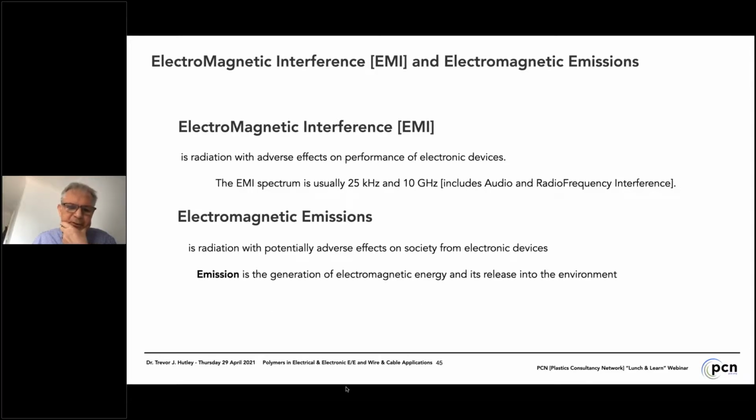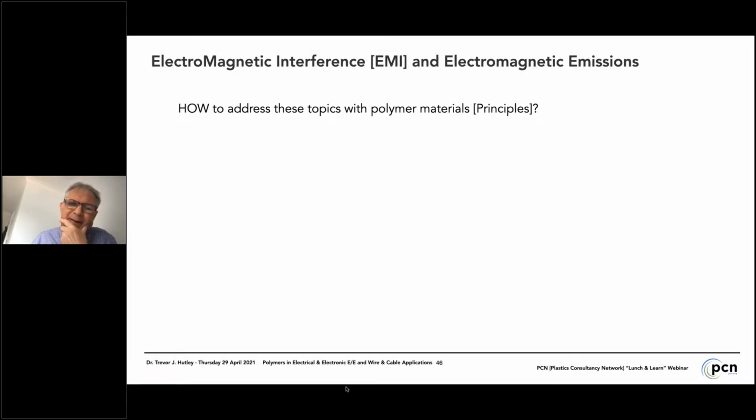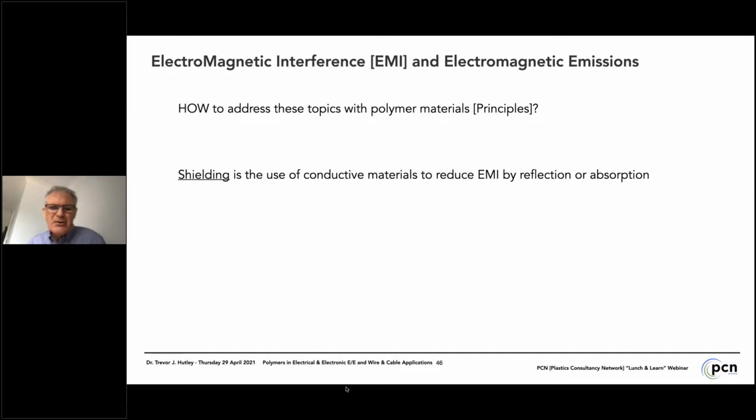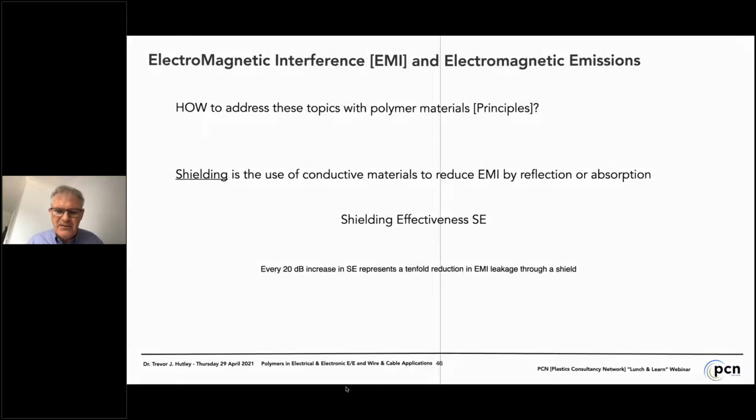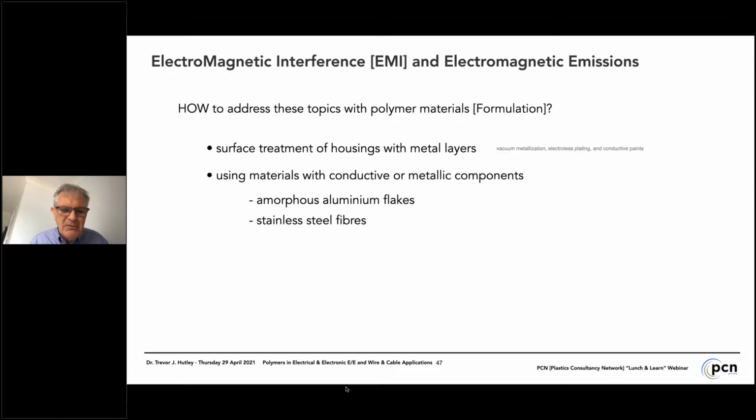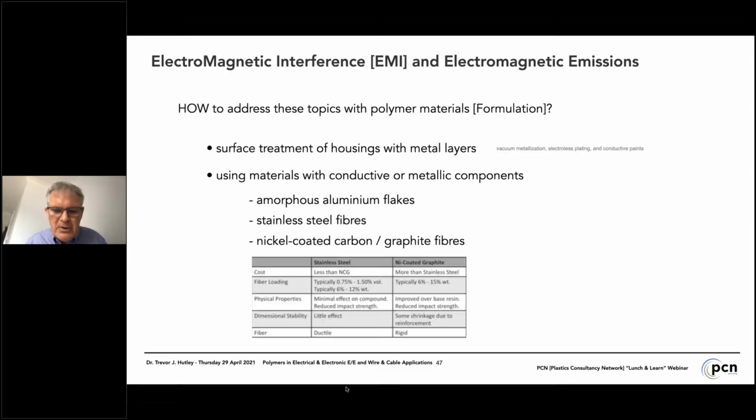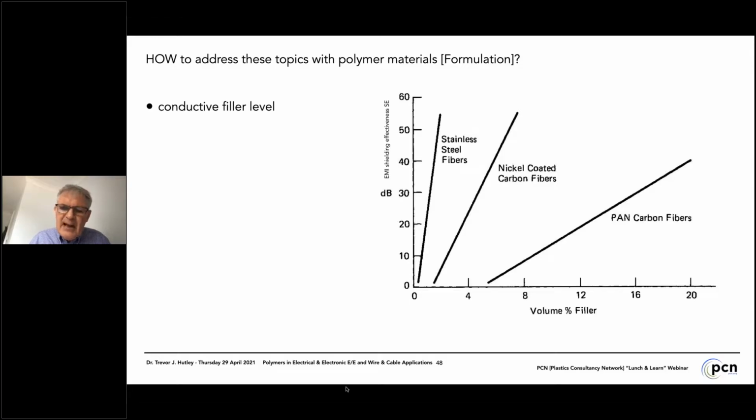Electromagnetic interference and emissions, we'll pass over that quickly for the sake of time here, but how to address it from the point of view of polymer materials. We have to shield components by the use of conductive materials, and we can look at the shielding effectiveness. And we can do that by surface treatment of housings with metal layers, by metallization, conductive paints, using materials with conductive components, amorphous aluminium flakes, stainless steel fibers, nickel coated graphite, and we can formulate them and add them to